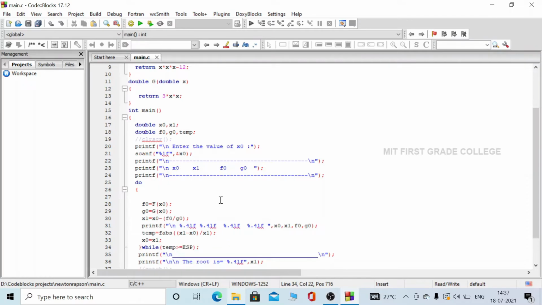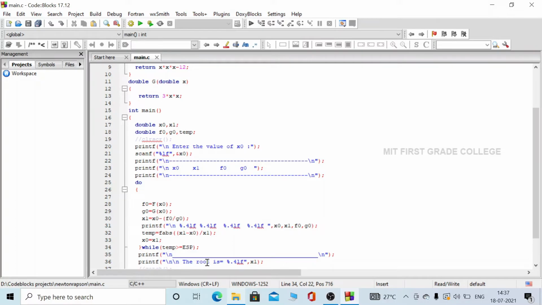All the statements are executed until the while loop becomes false. As soon as it becomes false, it will come out of the loop and the x1 value is printed, that is the root and solution of the Newton-Raphson method.